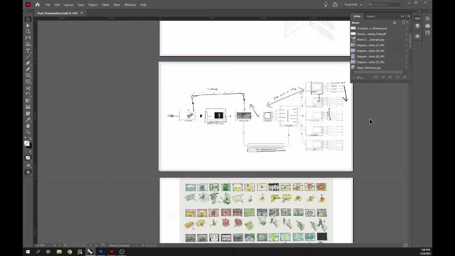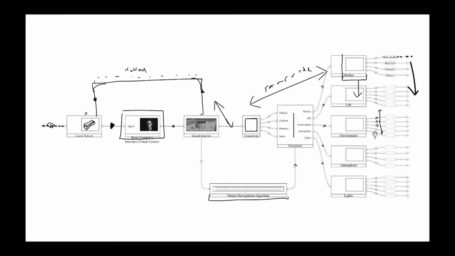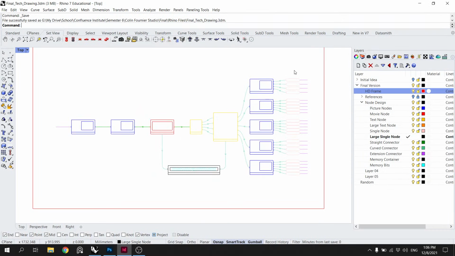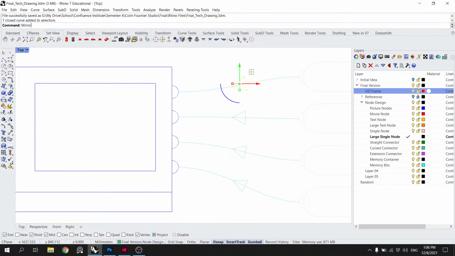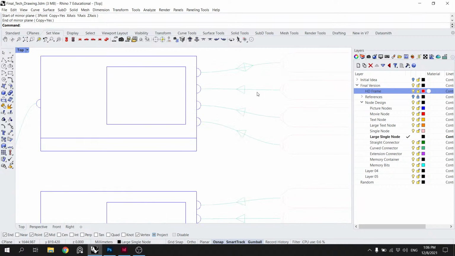What else do we have here? So we got dotted lines done, two-way arrows. What does a two-way arrow look like? Like this? Yeah, I think that's good.